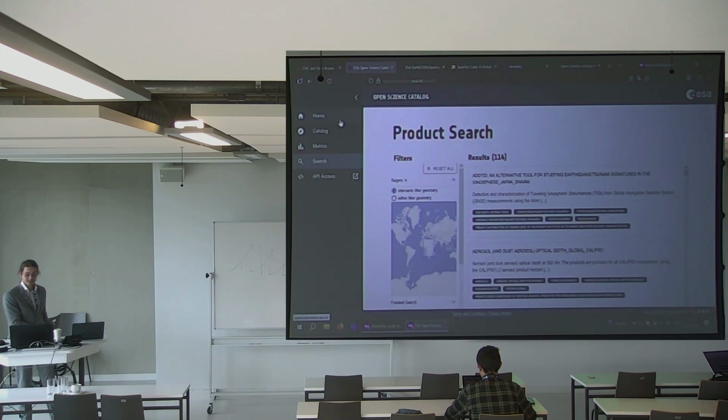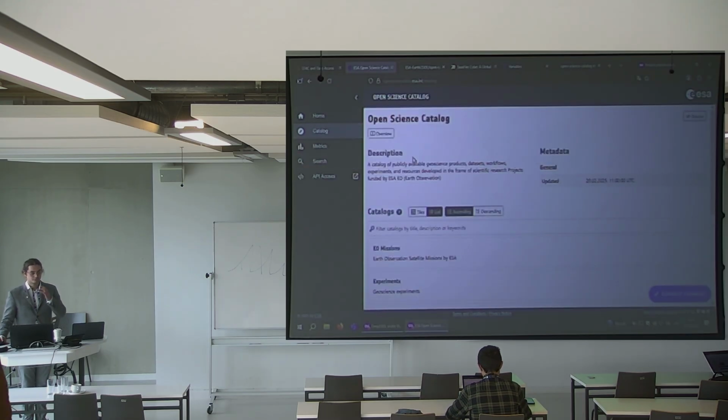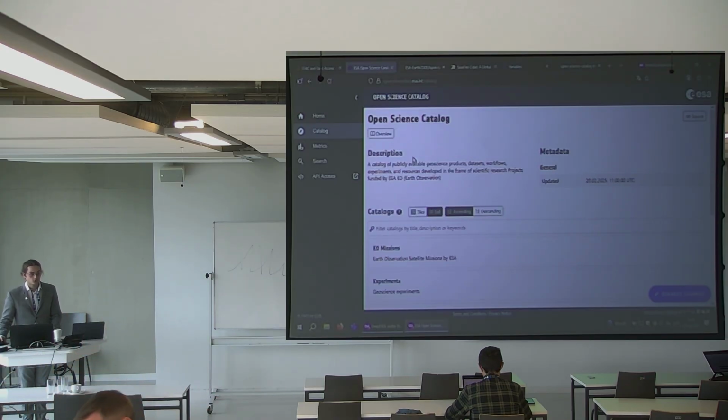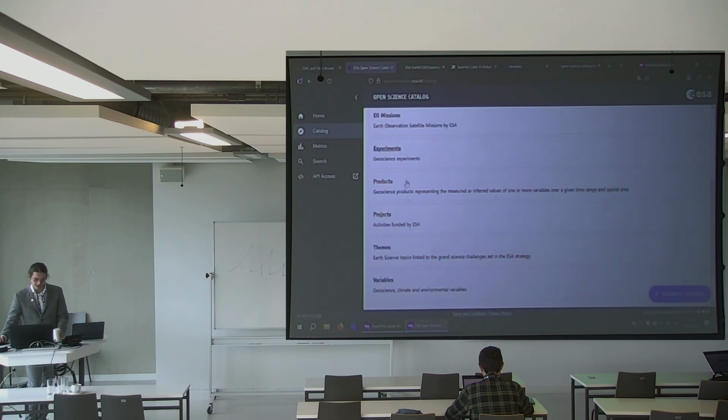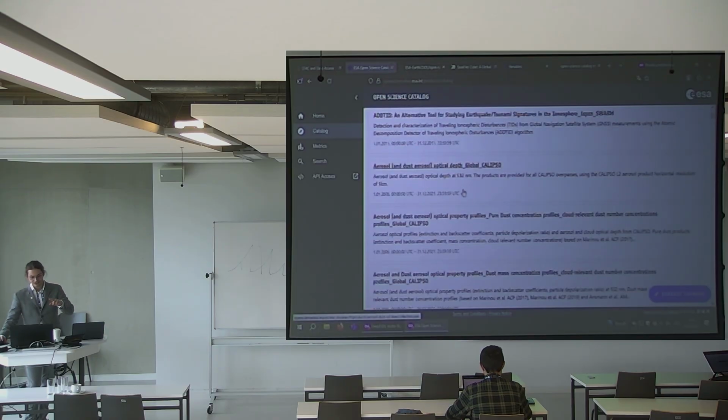Share any interesting asset or data they found so far from the Open Science Catalog. Just a clarification: this catalog, let's say the output of the STAC items is the collection item, and there are also nested items under the standard side. For the Open Science Data Catalog, it's catalogs, and all of these are different catalogs. So it's a catalog and a catalog, and then the data, the products, is a collection. And then within that collection,